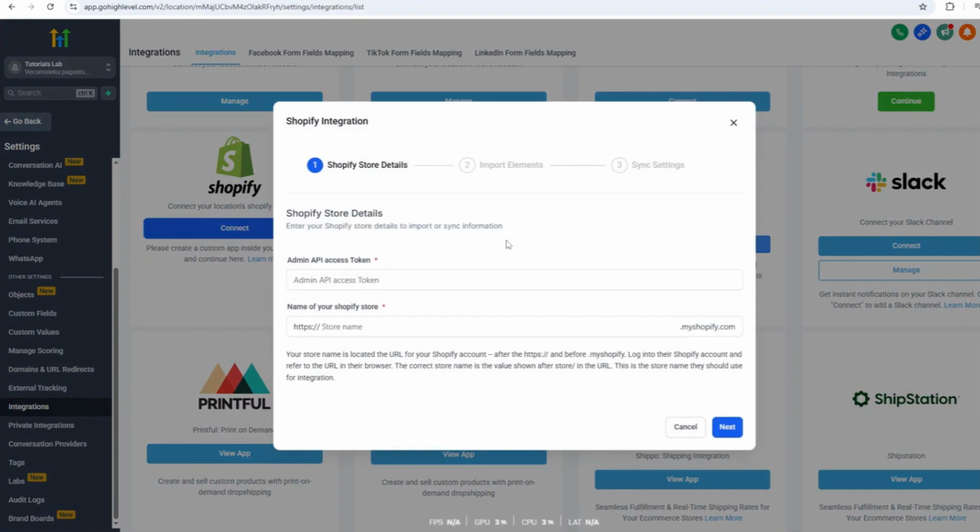That's it, your Shopify store is now successfully integrated with GoHighLevel. This setup allows you to automate customer communication, track purchases more effectively, and streamline your entire sales